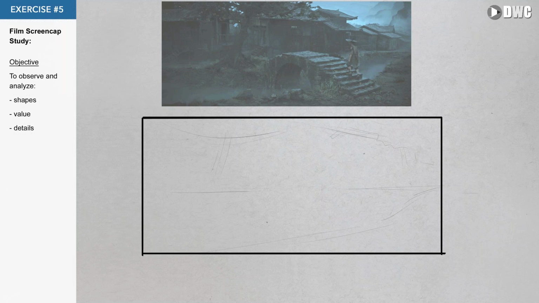The bridge is super cool. It's absolutely gorgeous. I wonder if this is CG or a real set. Comment below if you know. I haven't looked into the production of this movie, but the photography is absolutely gorgeous. When I first saw this movie, I must have watched it like 4 times in a row. I watched it every night after work for like 4 nights in a row. I was just like, I could not believe